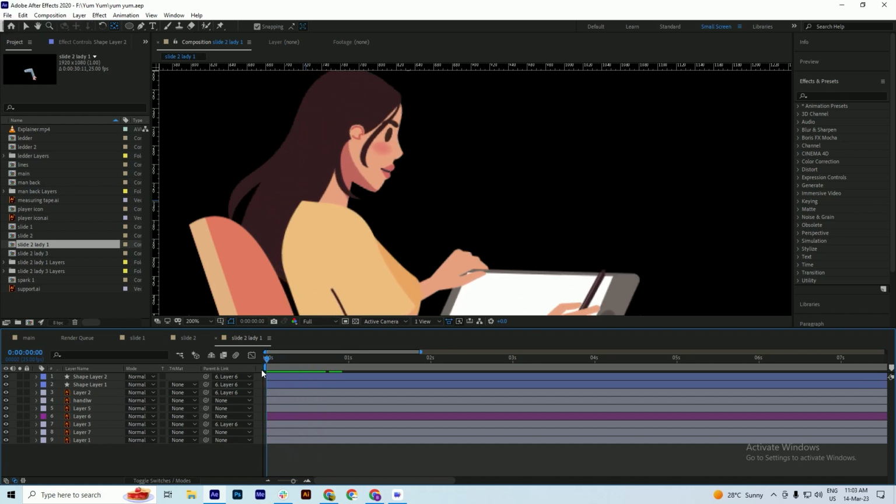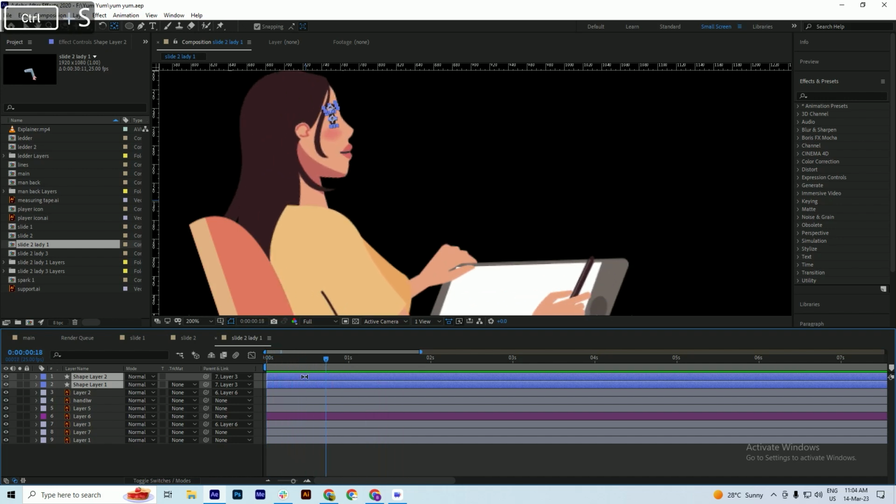Yeah, why is this happening? Because this should be a part of the neck. It's not part of the body, so I am going to parent it with the head part. So now, yeah, now this is